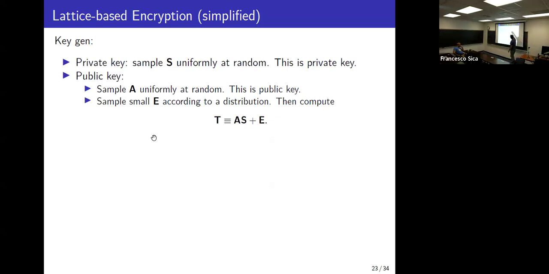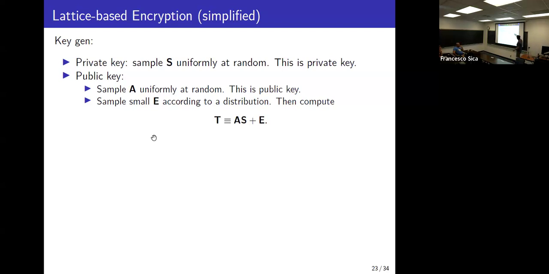Okay. So in public key crypto, there are the private key and public key. In this case, I'm going to take a matrix S instead of a vector S, and I will compute T equals AS plus E. This is exactly the LWE thing I mentioned before, where I have B equals AS plus E. The only change is that instead of a vector S, I have a matrix S, and therefore correspondingly I need a matrix E, and then I have a matrix T. You can show that this is no weaker than the LWE problem with a single column.